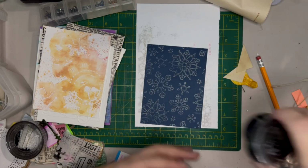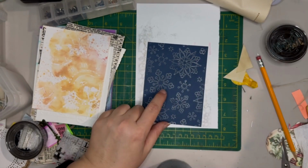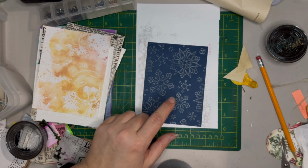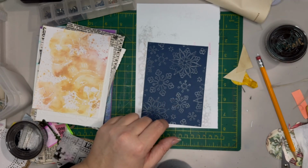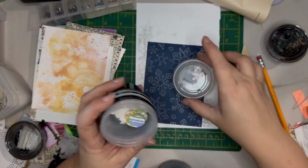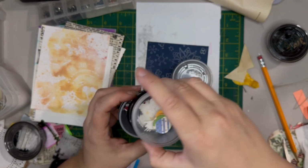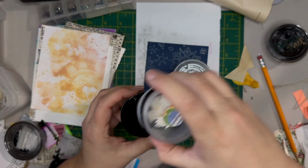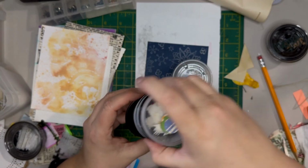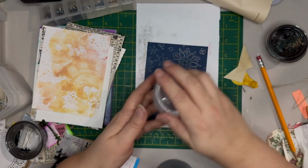All right, let's see what I've got over here. I've got some Christmas stuff. I know I've got some die cuts that I'm thinking I may want to use here. And yes, I'm knocking stuff off all over the place. These guys, I want to use those guys, but I think they're gonna need something else with them. Just looking to see what's in here. All right, I want to use,